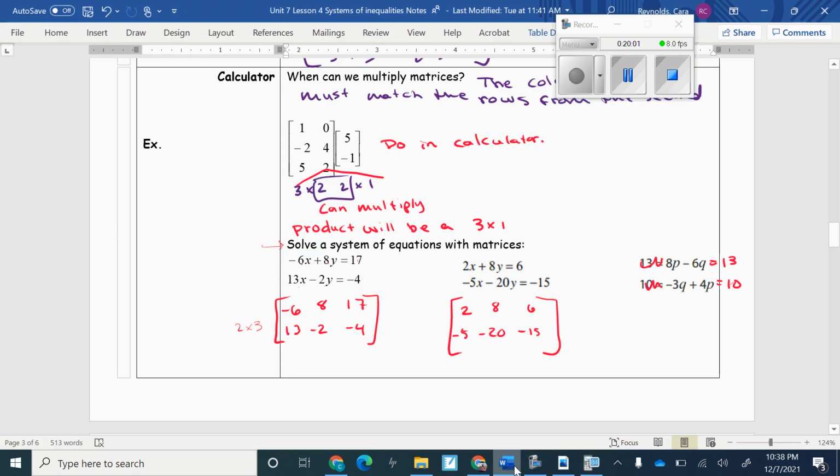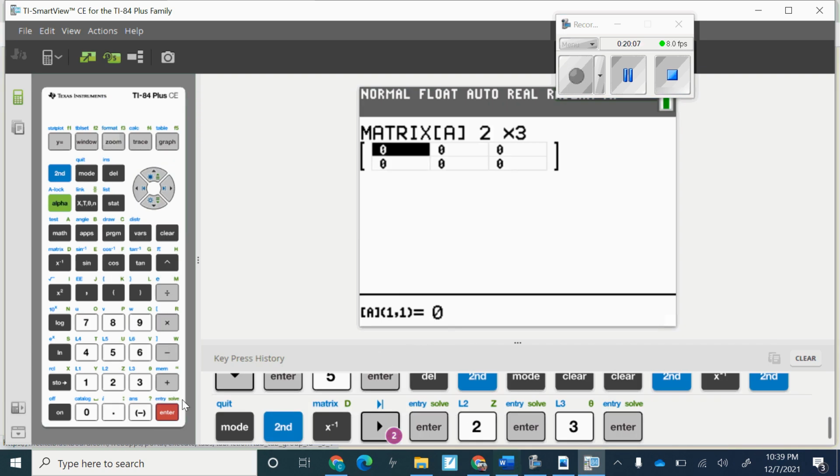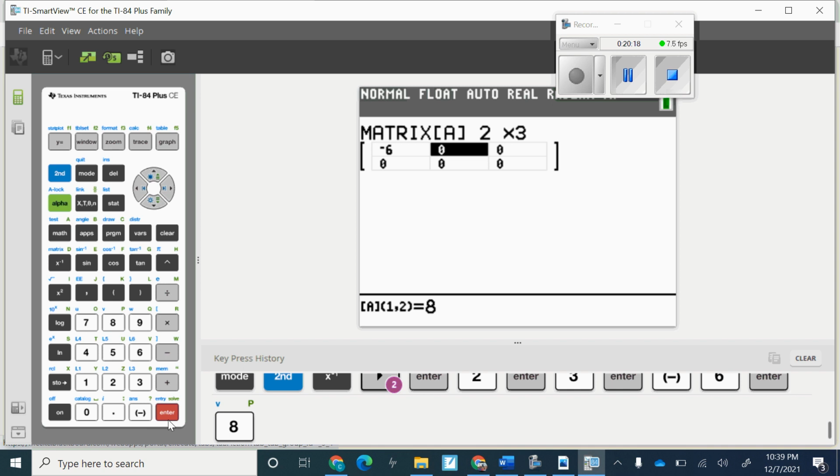So I need to get my numbers here. I'm just going to do this one on the left here. I have negative 6, 8, 17 in the top row. You do have to make sure you use the negative button or it will throw it off. So negative 6, I'm just going to hit enter and it's going to move automatically for me. 8, and then I already forgot my numbers, sorry. 17,